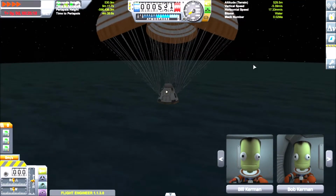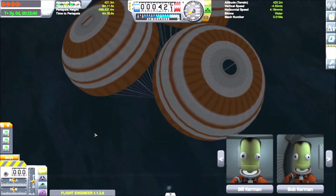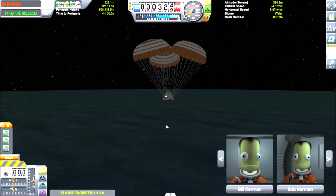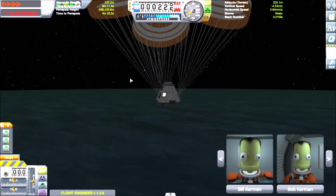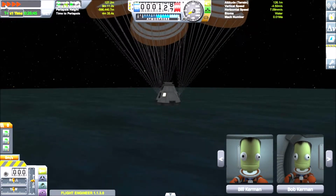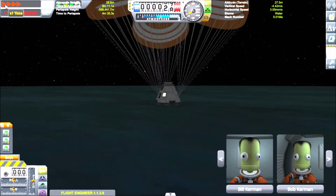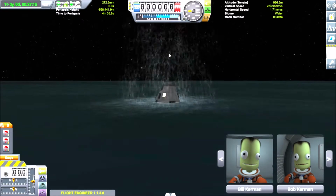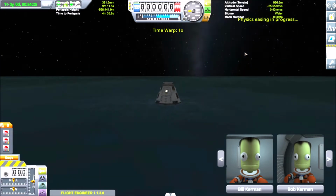Anyway, I have no idea where all the stages to this landed. I presume the space junk probably went to Earth, and the second stage probably went far out to space, and then came in because my periapsis was about 10 kilometers up, and that's not far enough to get into orbit. Anyway, as you can see, I'm at 10 meters, and we have splashdown on the ocean. At this point I could end the video, but I decided to wait until this morning